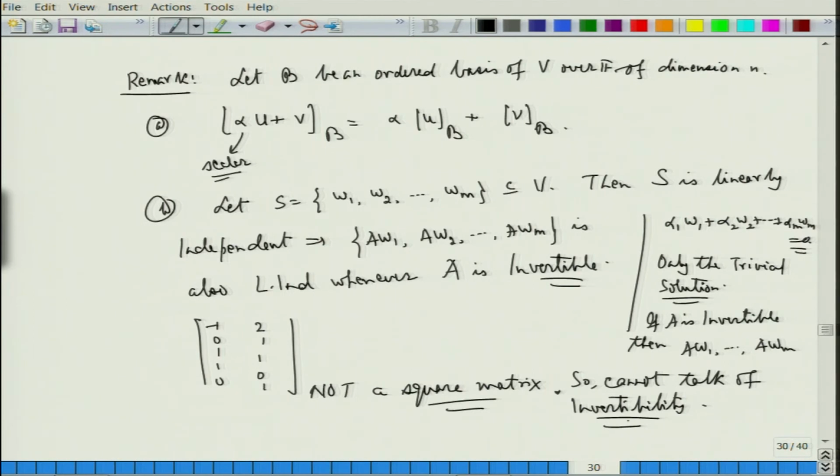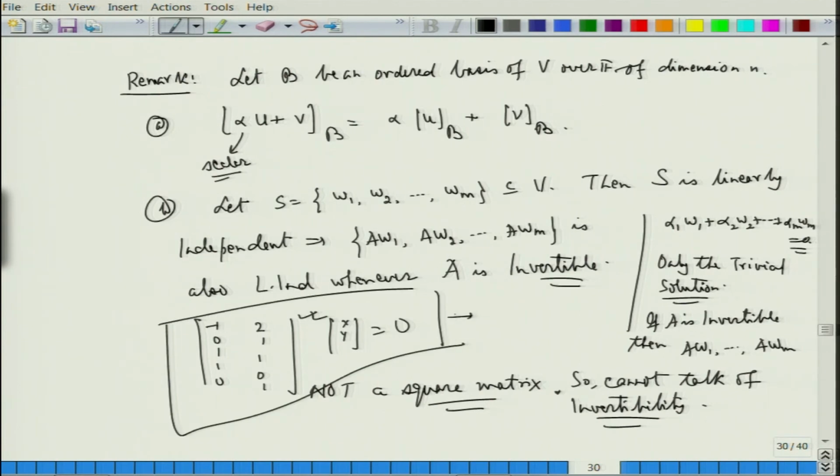So I cannot talk of invertibility, but still, this behaves as an invertible matrix, because if I want to solve this, x, y here 0, then this has only the trivial solution. Fine. So again, even though this matrix is not invertible, it has only 2 columns, and the 2 columns basically form a pivot, or the rank of this matrix is 2, and hence it behaves as an invertible matrix,